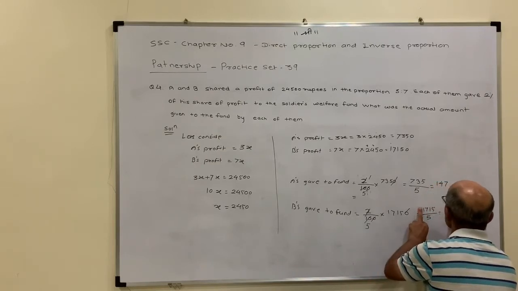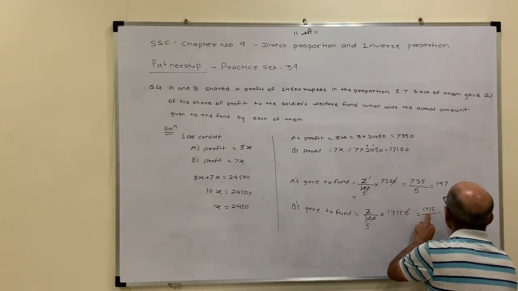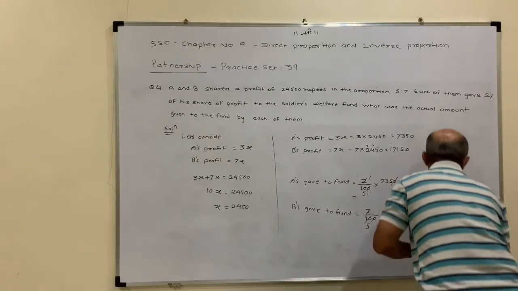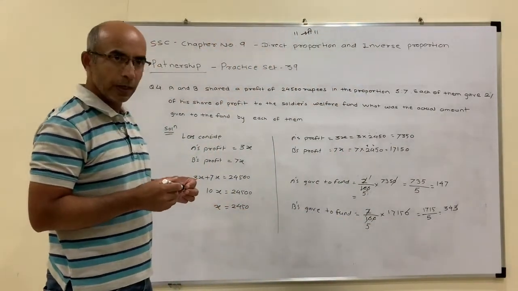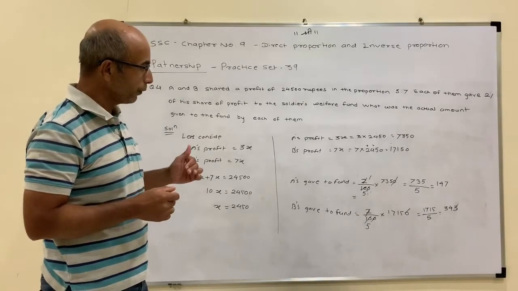Here again, 5 ones are 5, then 7 is there, then 5 threes are 15, 5 fours are 20, 5 threes are 15. So 343. So A gave to the fund 147 and B gave to the fund